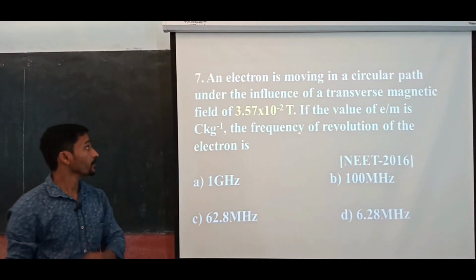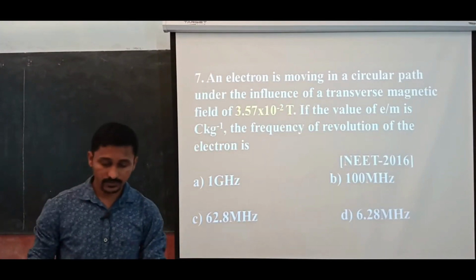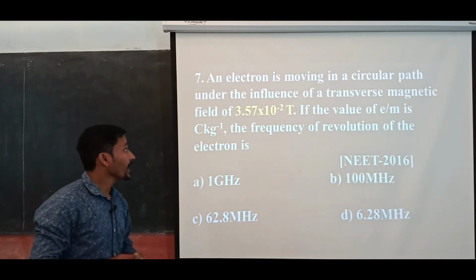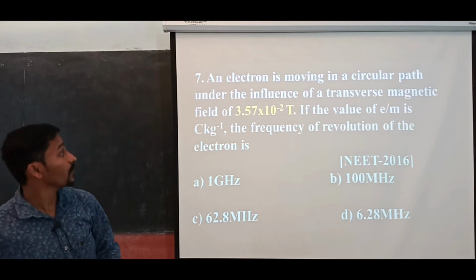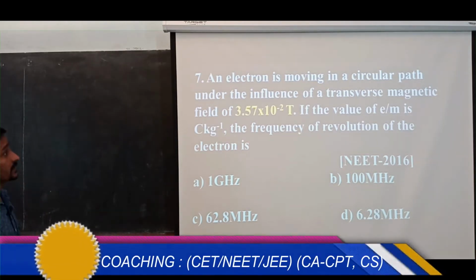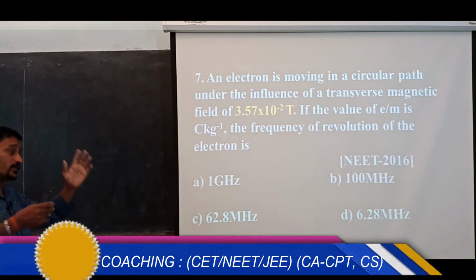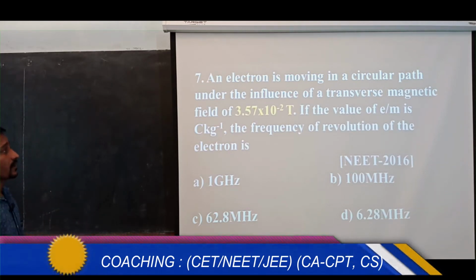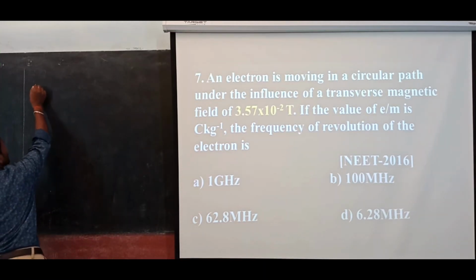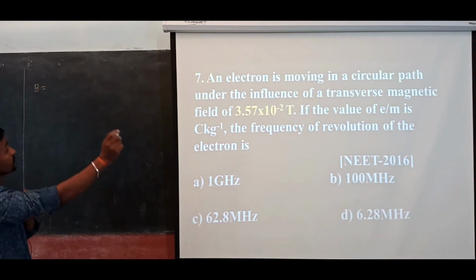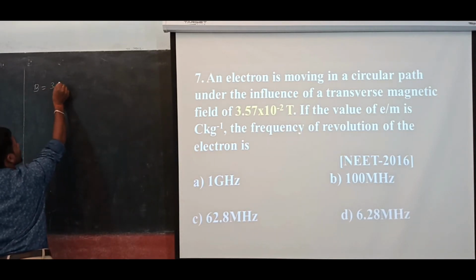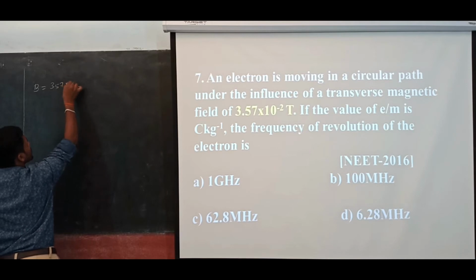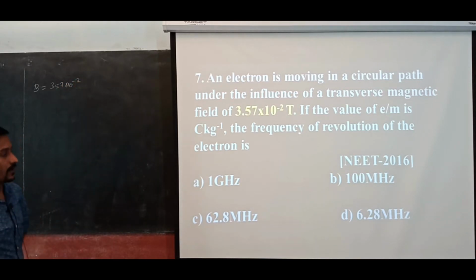Next we are going to talk about the 7th question, which is on the board, just go through it. An electron is moving in a circular path under the influence of a transverse magnetic field. Transverse means the magnetic field is perpendicular to the motion. Now that field is B, which is equal to 3.57 into 10 to the power minus 2,